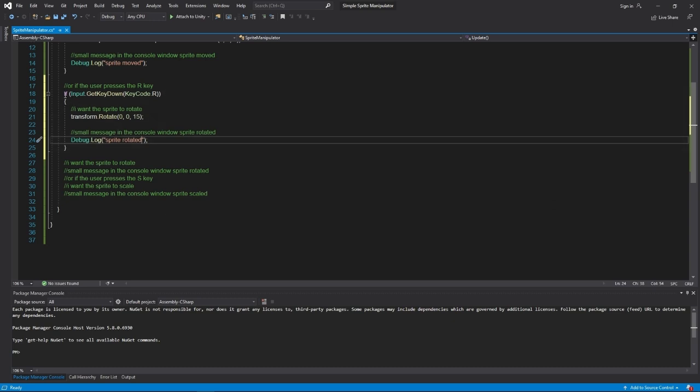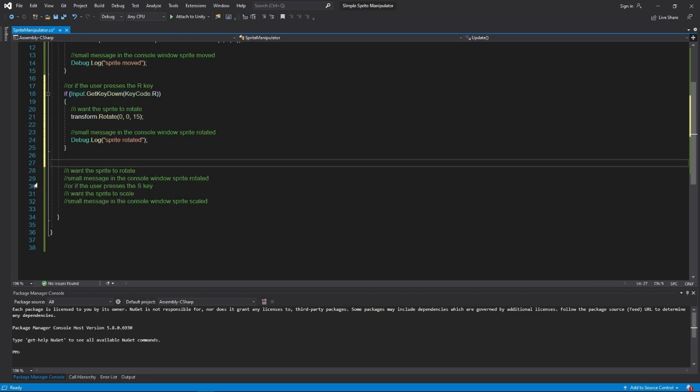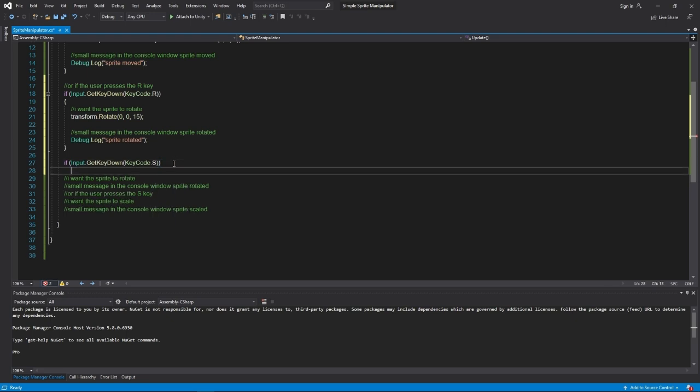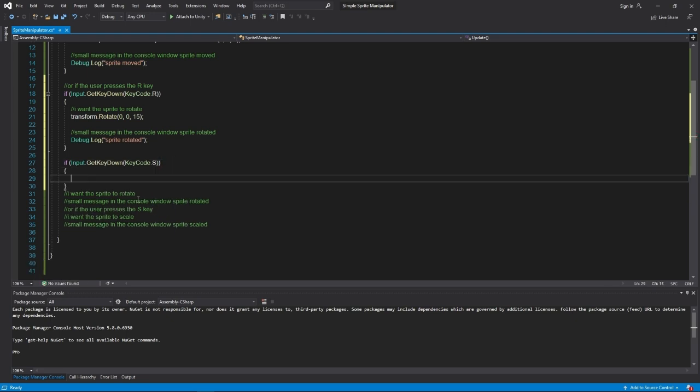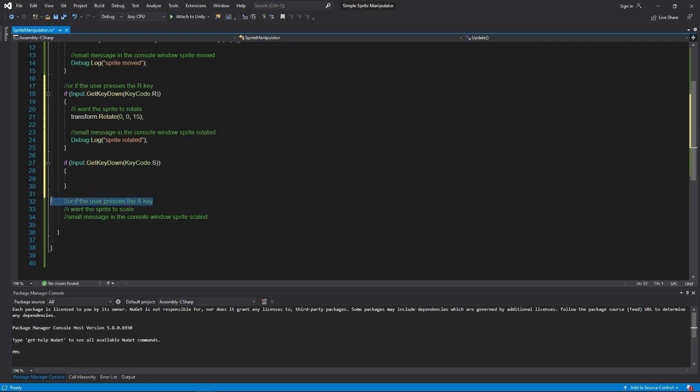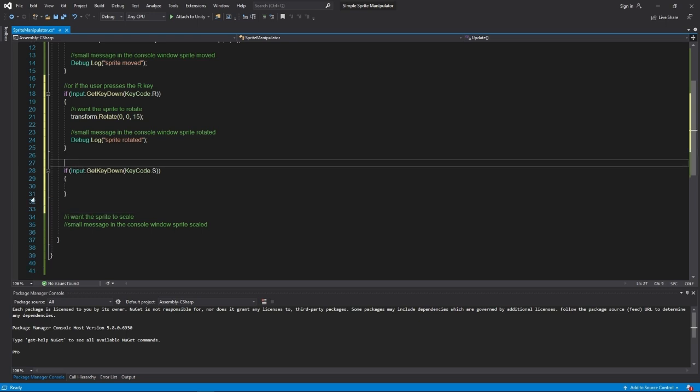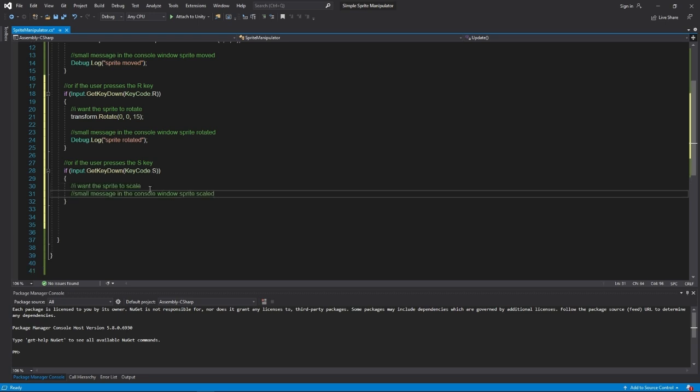And for the scaling bit, we can use another input saying if there is any input, there's a key being pressed and the key is the S key, then I want you to do some code which is in between the curly braces. Let me just fix up these comments a bit. And to scale the sprite,